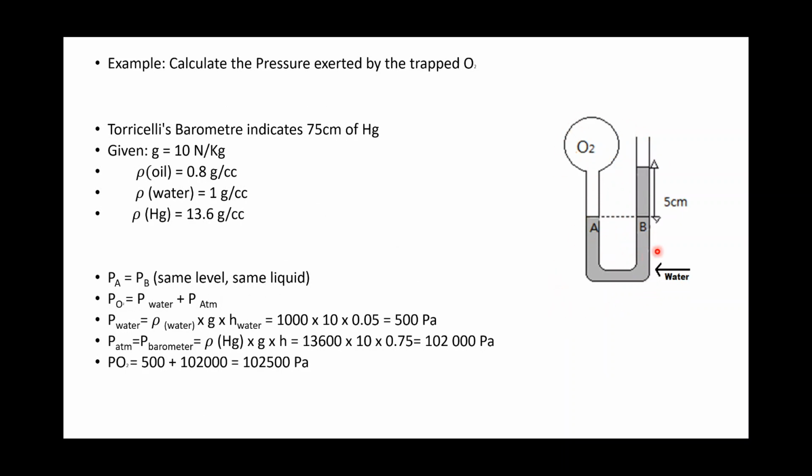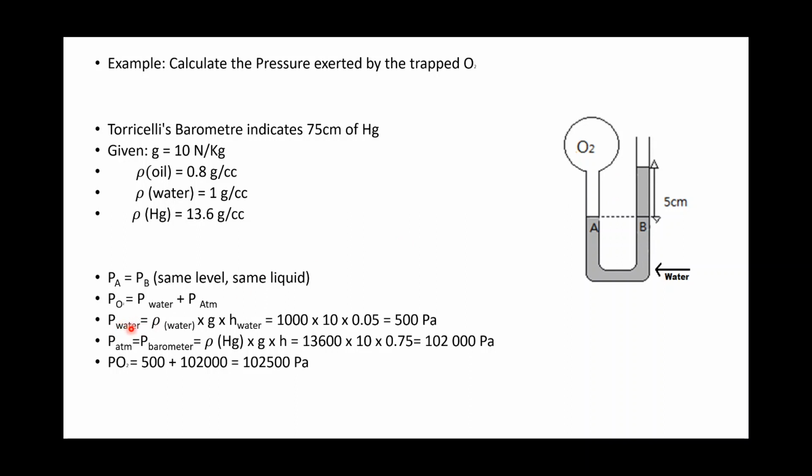Take this manometer, which is the device used to measure the pressure of the trapped oxygen on the inside. Alright, the pressure at point A equals the pressure at point B, as we've said before. Why? Because they are located at the same horizontal level and in the same liquid, water. The pressure at A is due to everything on top of it, which in this case is oxygen. And now the pressure at B is due to everything above it, which is the pressure of water and the atmosphere.